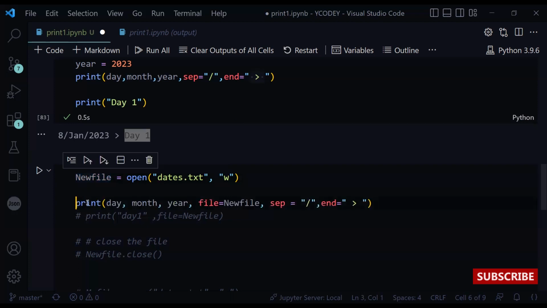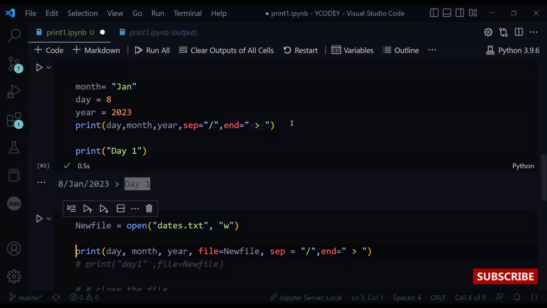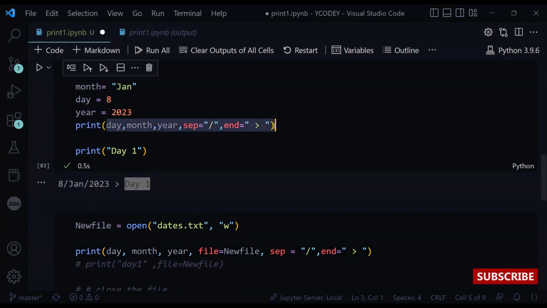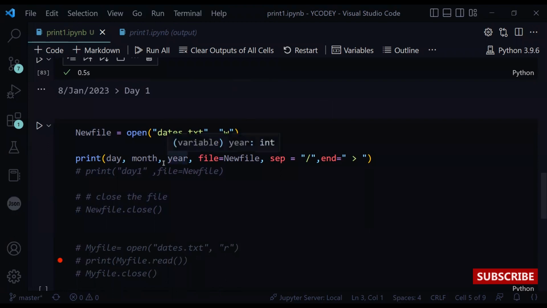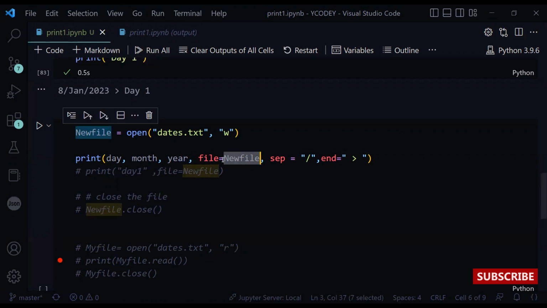Then I'm going to print these three values in exactly this format into my dates.txt file. For that, I have day, month, year variables in print, and here we are going to print into the new file. So I have the parameter file equal to new file, and I'm going to separate these three variables using forward slash and end with this string.